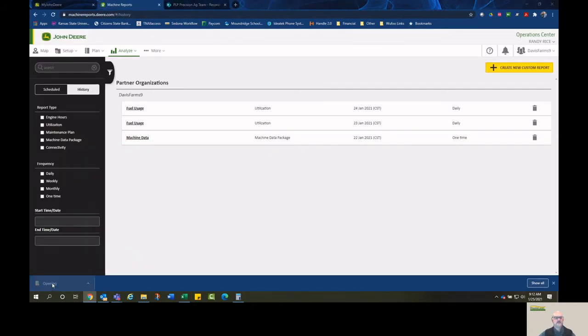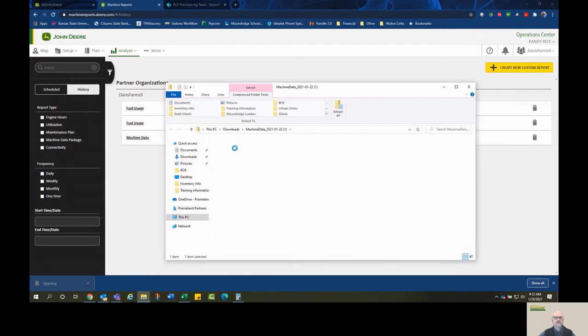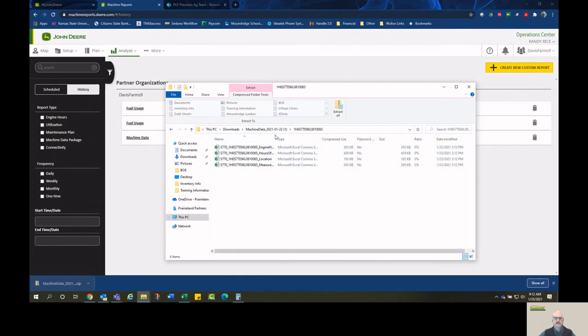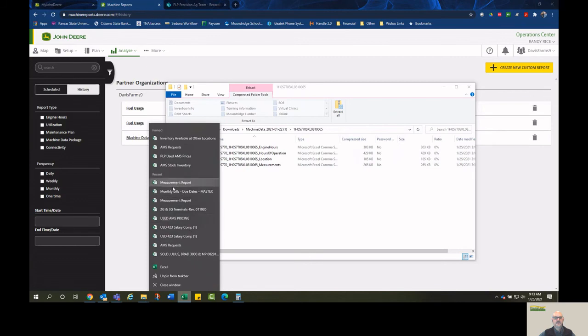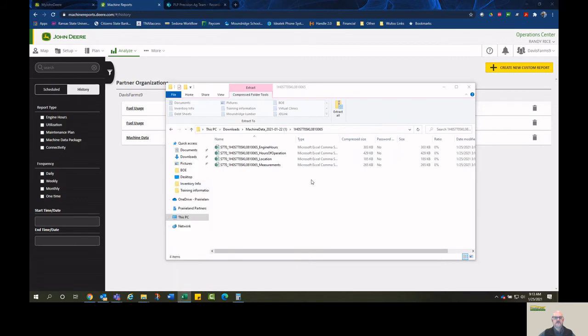Once that's downloaded, you'll see down here we can open this up, and it really gives us 4 spreadsheets to look at. Some engine hour information, some hours of operation. You can even go in and look at location. It puts a GPS pin at the different times the machine's been run. And then the main one we'd like to look at is the measurements. So if we come in here and look at this measurement report,